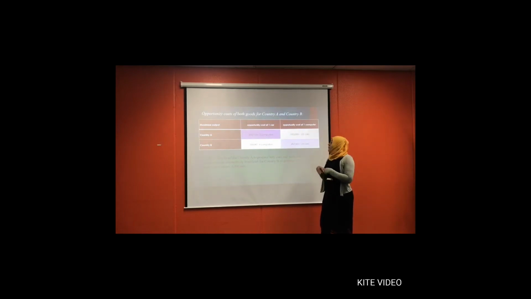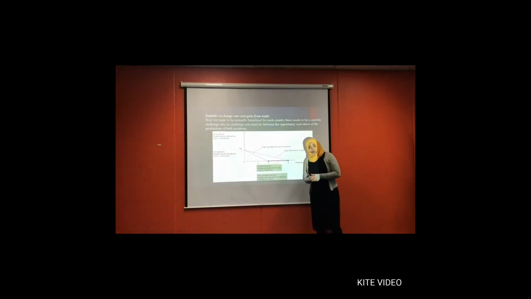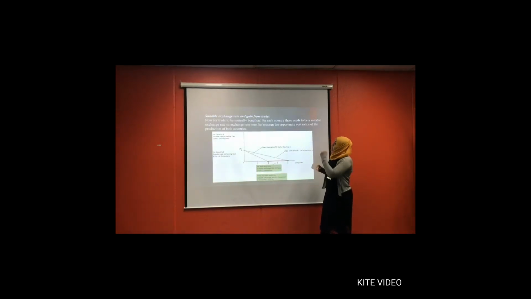It means country A produces cars and trades with country B for computers. But for trade to be mutually beneficial, the exchange rate should lie between the opportunity cost ratios. For country A, the suitable rate for selling a car is when they get more than two computers, because if they get two computers or fewer, it doesn't make sense, since they can sacrifice one car and make two computers by themselves. So it would be better for country A to get more than two computers.